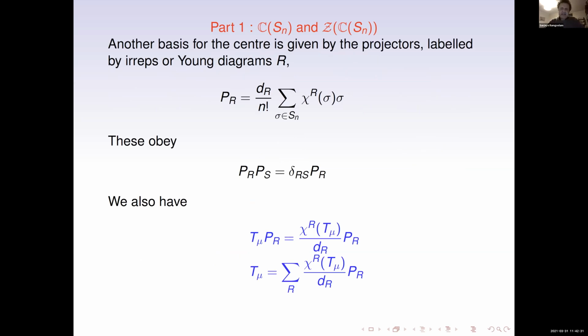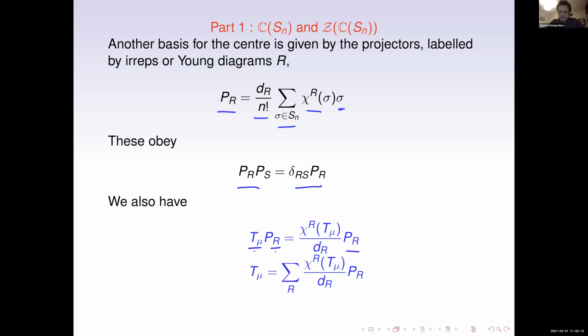there's another basis labeled by Young diagrams. You take a Young diagram R, take the character of the permutation in that representation, multiply it with sigma, and sum over sigma; with the factor dR over n factorial, these are projectors, and they obey the projector algebra equations. The connection between the conjugacy class basis and the projector basis is that if you take these central elements and multiply them by these projectors, you get back the projector times the normalized character, the character of the permutations in